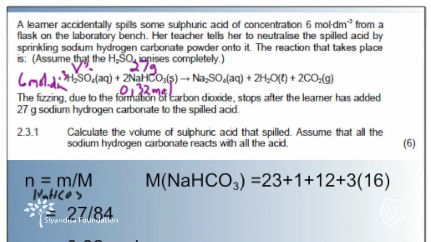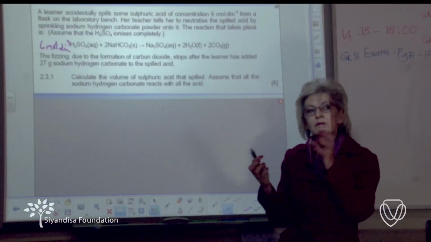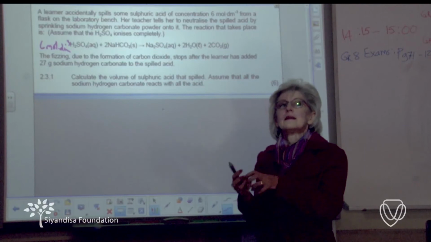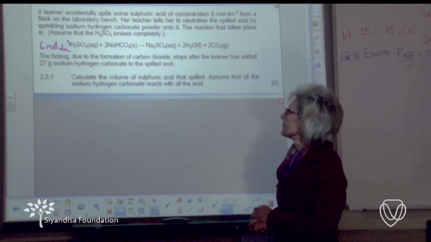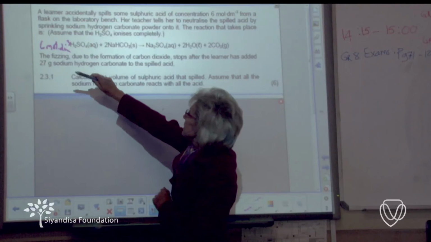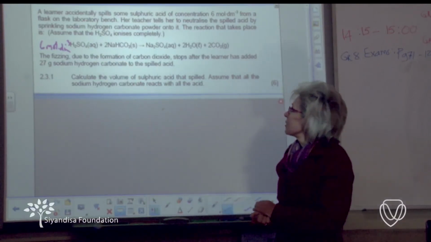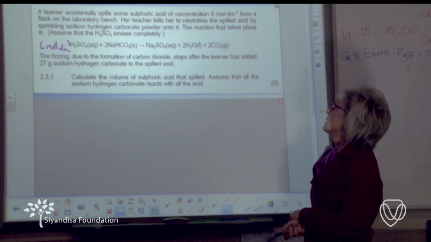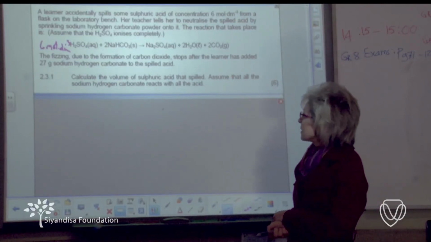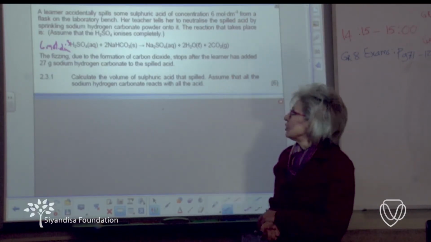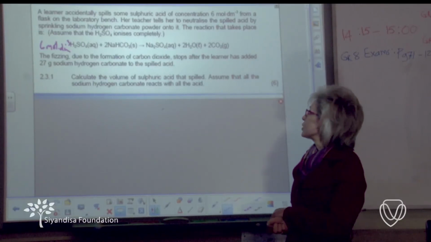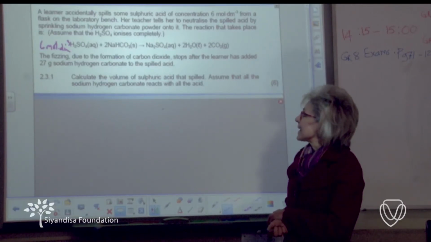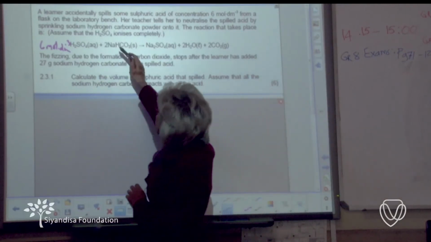The reaction that takes place is, and then we've been given a balanced equation, and they say assume that the H2SO4 ionizes completely, which means that you can work with whatever mole is present, that is the amount of mole that has reacted. 1 mole of sulfuric acid with 2 mole of sodium hydrogen carbonate, then giving sodium sulfate plus water plus carbon dioxide. The fizzing due to the formation of carbon dioxide stops after the learner has added 27 grams of sodium